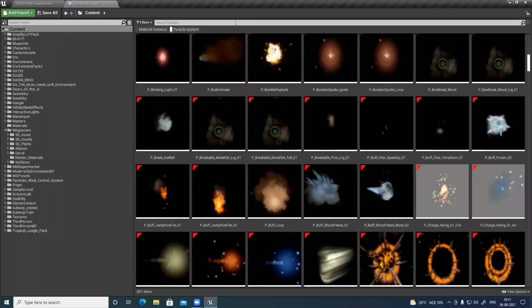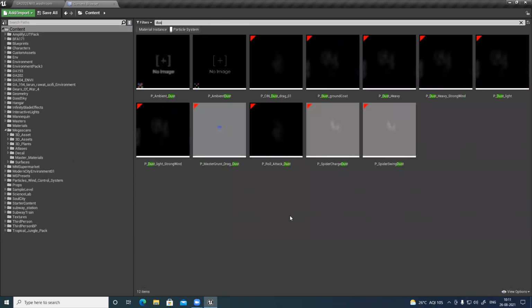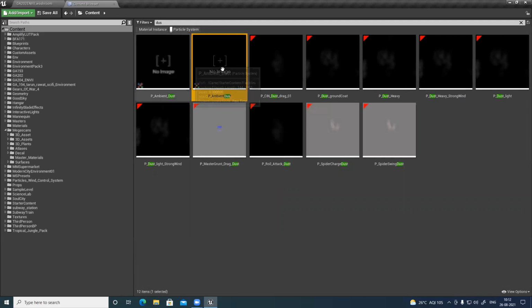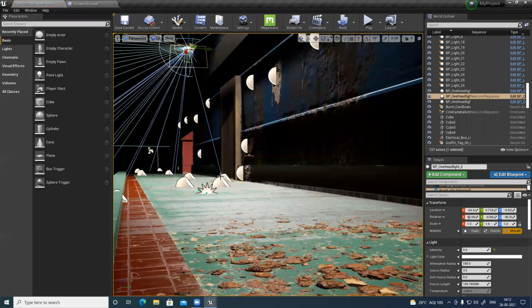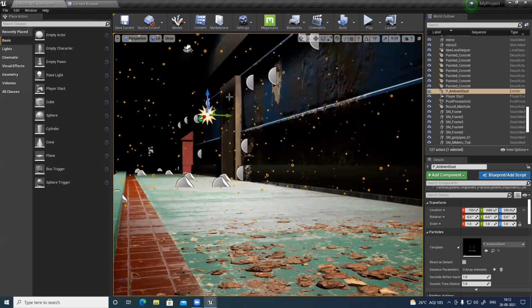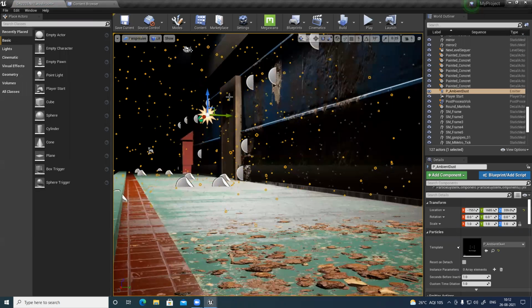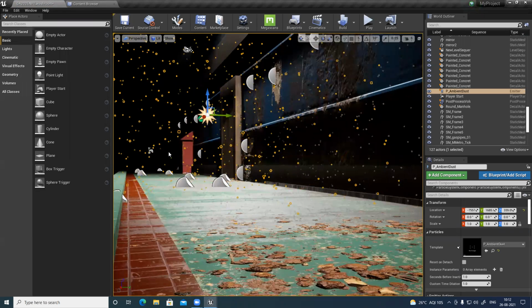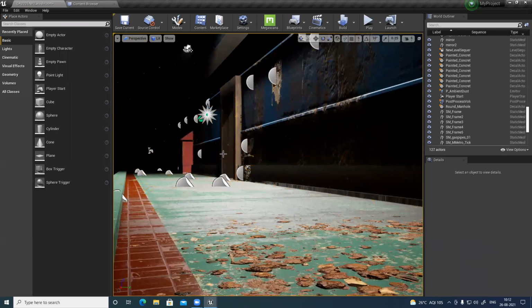Let's search for something dust. So I have a lot of dust, heavy dust, ground coat, and all those things you see. And there must be something like ambient dust. So I can definitely use it for my scene to make it a little dusty, because wherever you have a light source, there is dust everywhere. So let's see, you can see the small particles.